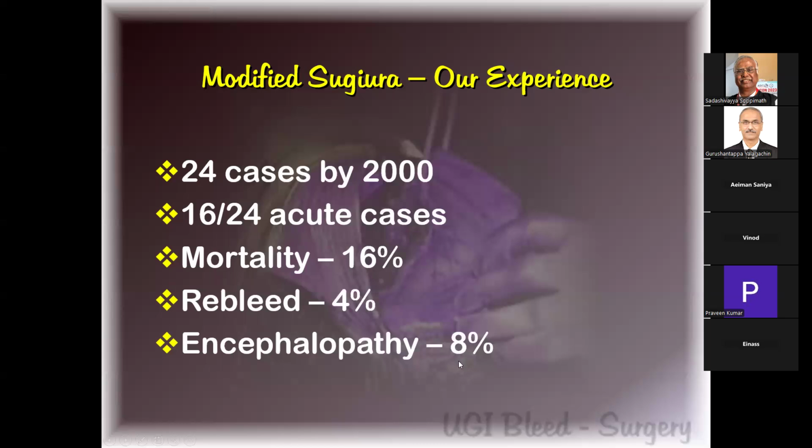Encephalopathy did occur, but it again was transient and they did well. So in those days before year 2000, we did quite a few of these cases. But since then, our endoscopic methods have become so good that we have not had to do any of these